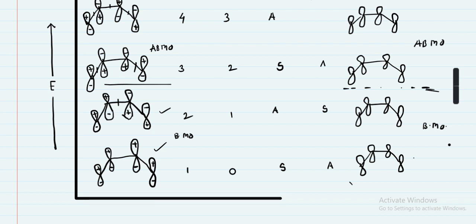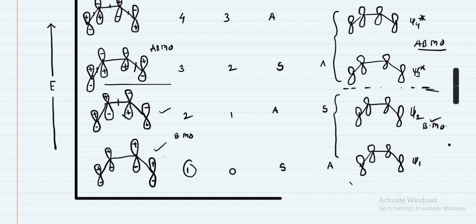orbitals. We have given the names psi 1, psi 2, and for the anti-bonding, psi 3 star. That is the notation for the anti-bonding ones. The lower half orbitals are the bonding molecular orbitals and the upper half are the anti-bonding molecular orbitals. Therefore, how many nodes are possible for the first orbital? n is equal to 1.